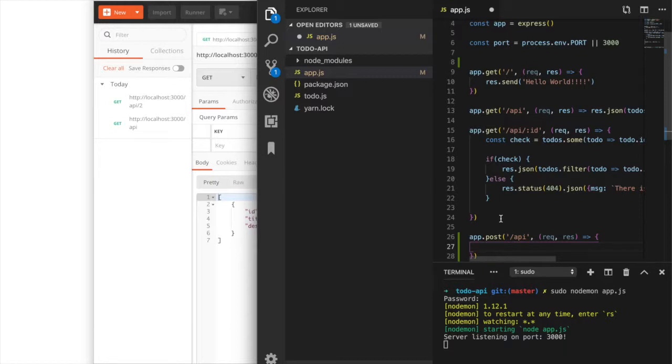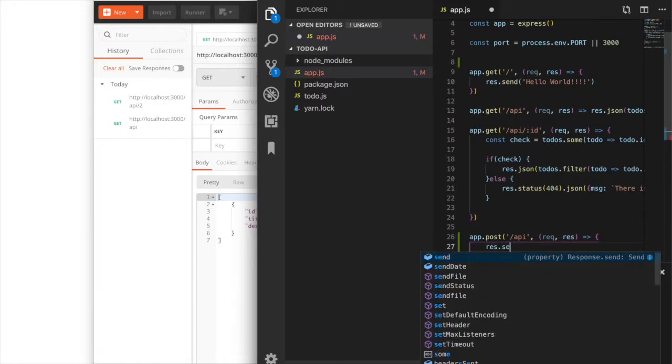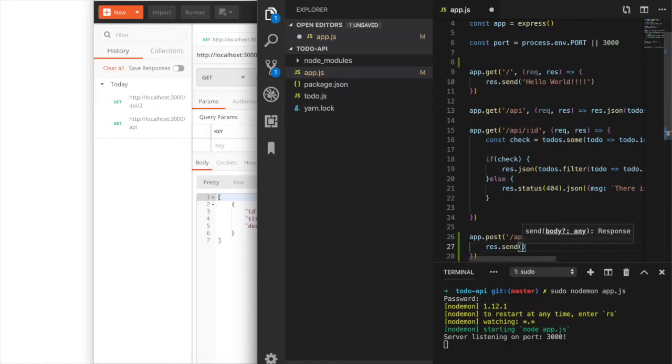So you can have one for post, put, and delete, and a get for /API as well. So now we got that out the way. What we want to do now is just respond with what the req.body is going to bring for us. So if we save this,